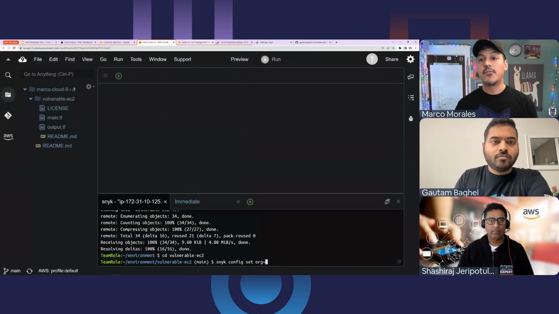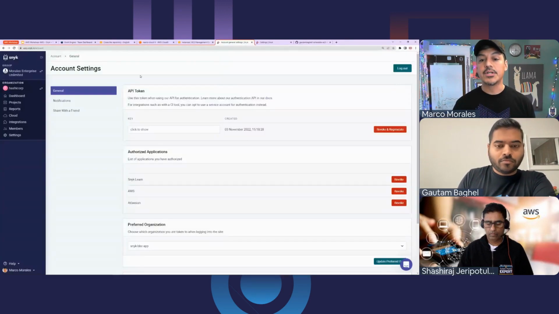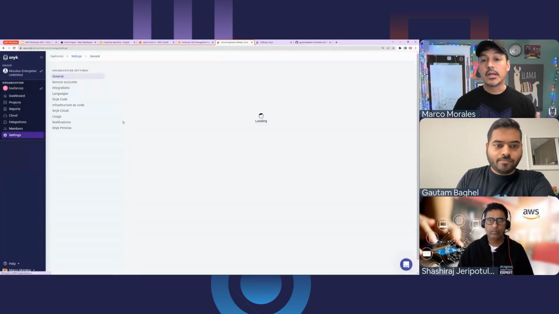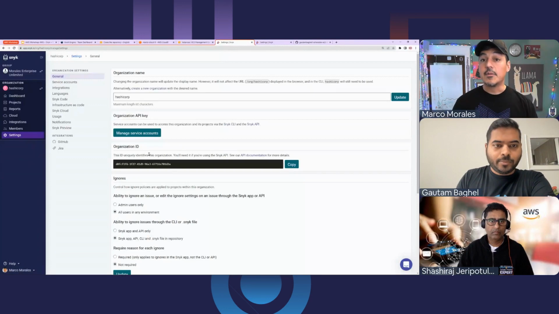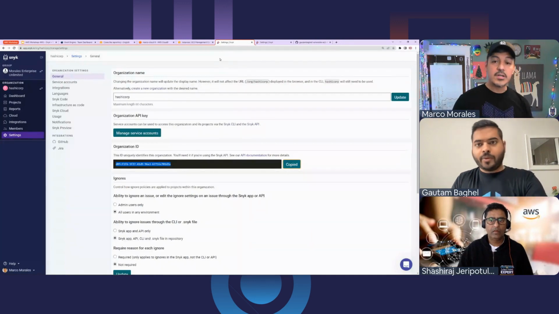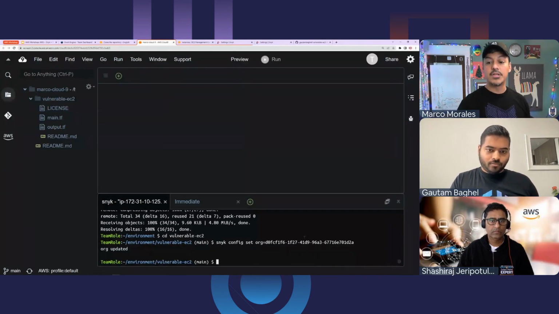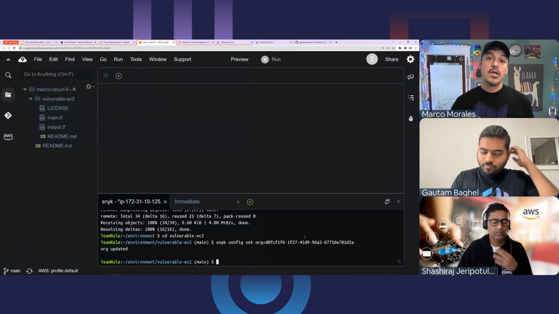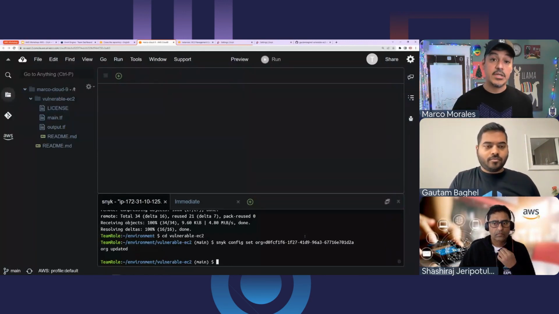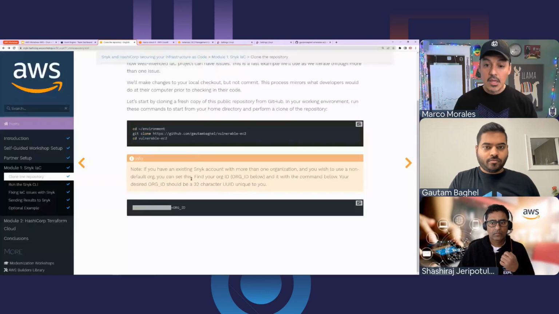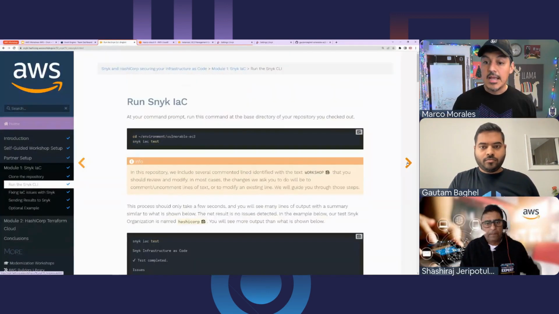This part is for if you happen to be working in your existing Snyk environment and you created a test org, you're going to want to send results to that location. Again, if you're just doing it the first time, you don't have to worry about this. But I do have to, because I want to make sure I send things to the right place. This is a non-default location. I have a default project I work in. So I'm all set. My environment is now configured to send results to the one web page that I have set up. So I can move on and start doing other things.